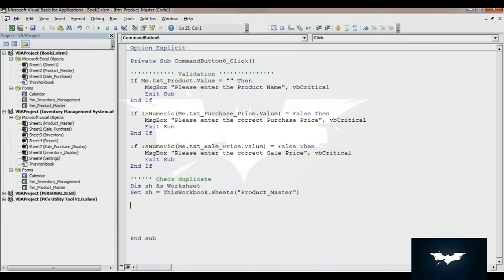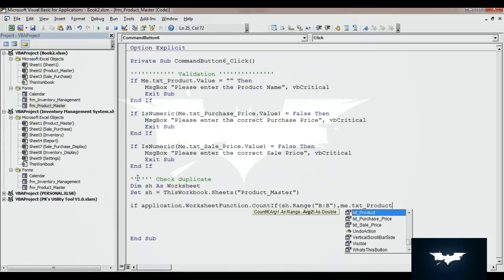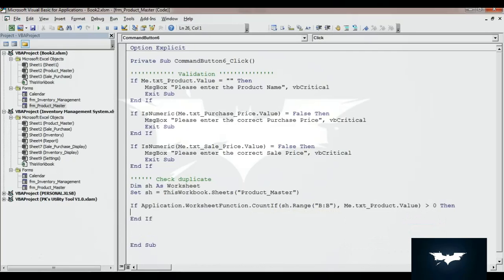Then I will use If Application.WorksheetFunction.CountIf, then we will count in sh.Range, and the product is available in column B. The first column is the serial number, the second is the product name. So on column B and the txtProduct value, if this count is greater than 0, that means it is already available there.